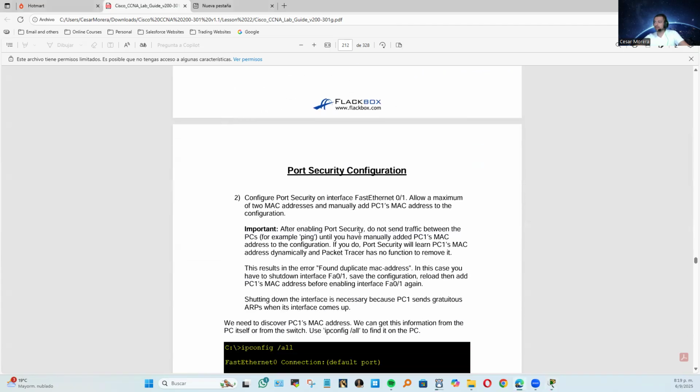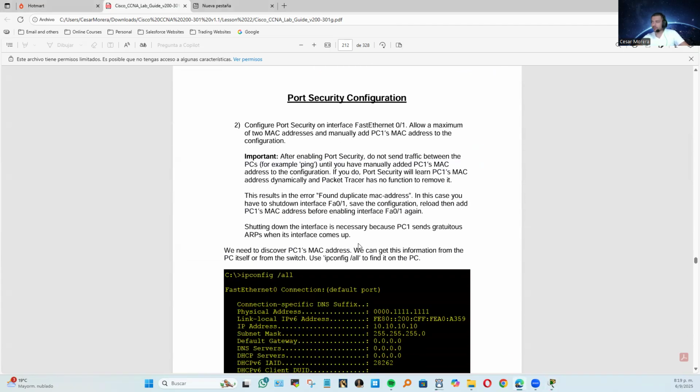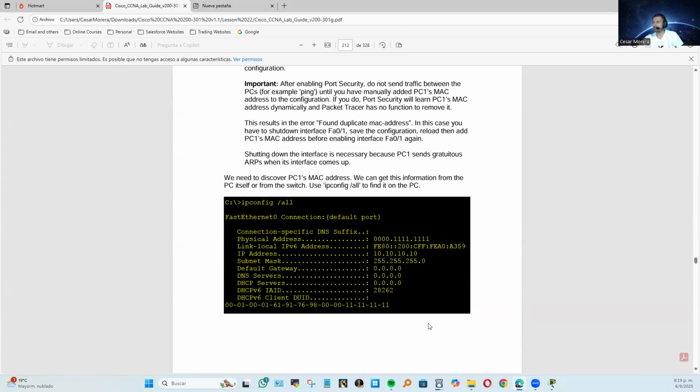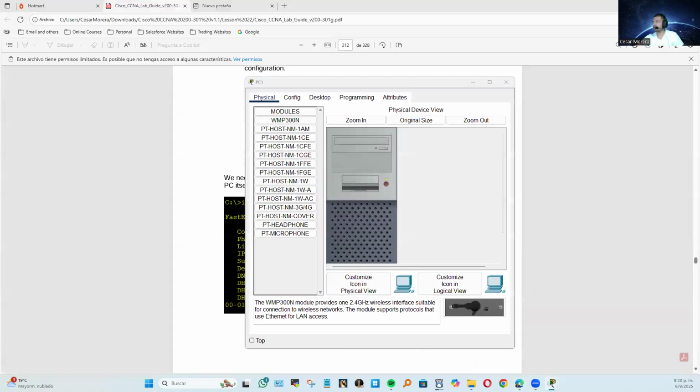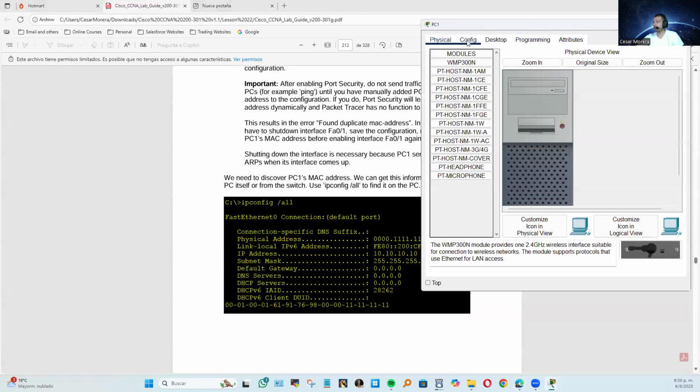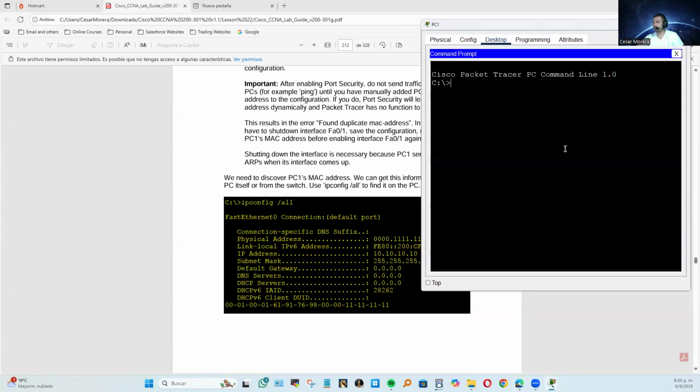Good job. Next thing we do, we have to configure port security on FA 0/1 to allow a maximum of 2 MAC addresses. It's important that after enabling port security, you do not send traffic between PCs, for example ping, until you have manually added PC1's MAC address. So let's go to PC1 and I can show you what we are trying to accomplish right now. First thing we do, we go to the command prompt and execute ipconfig